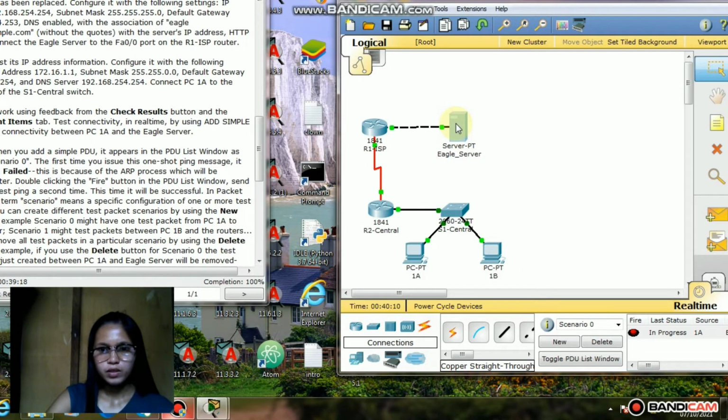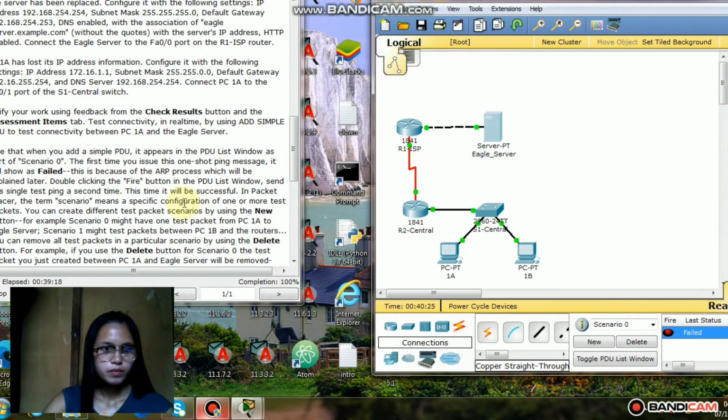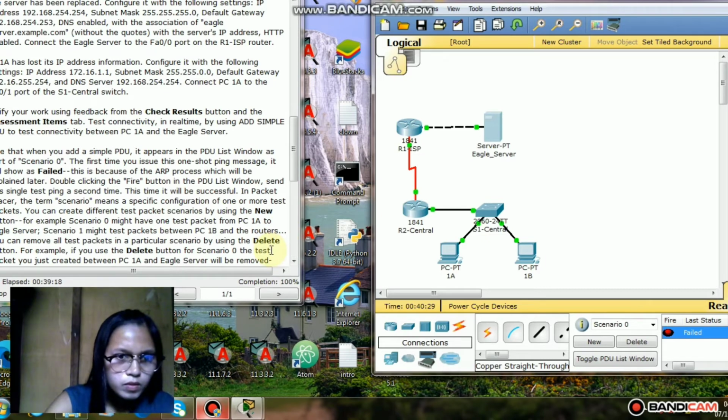So it failed. And let's click Fire two times. Note that when you add a simple PDU,